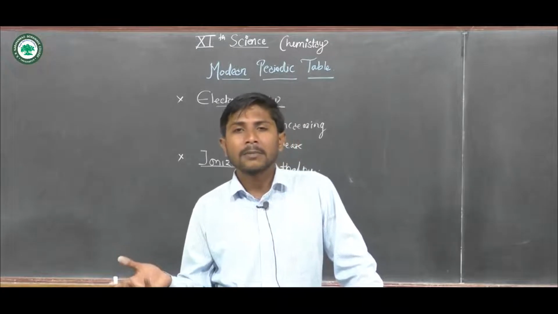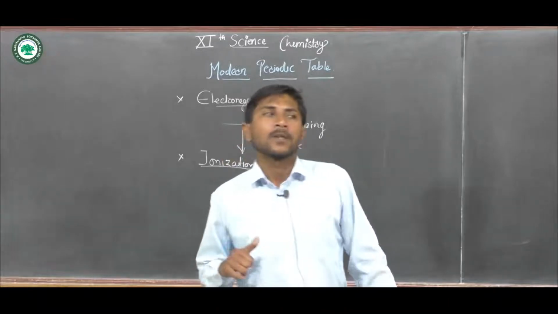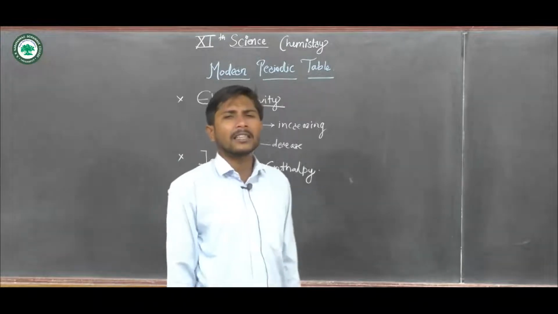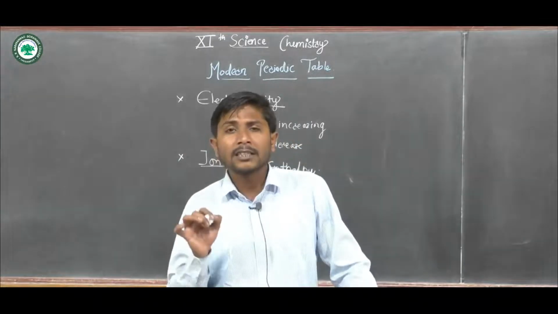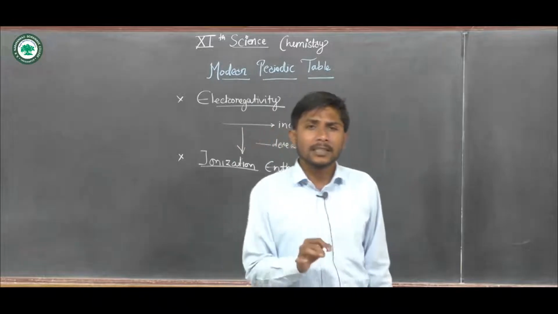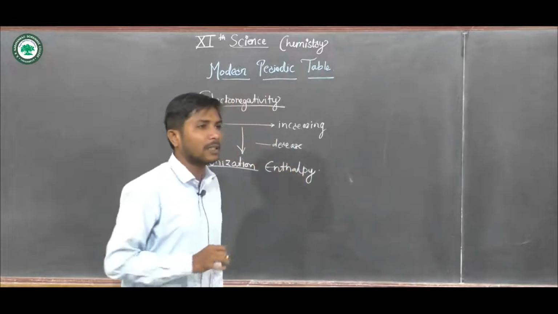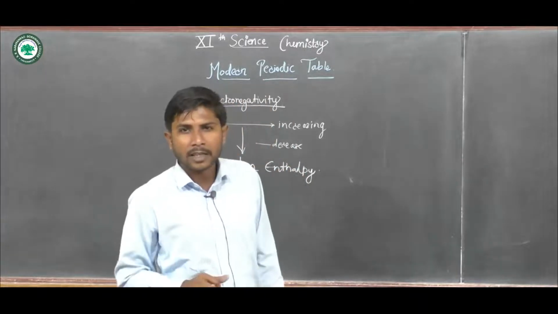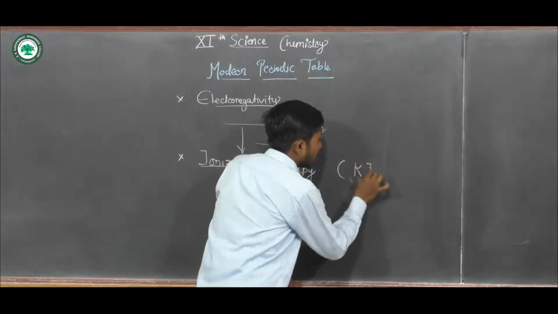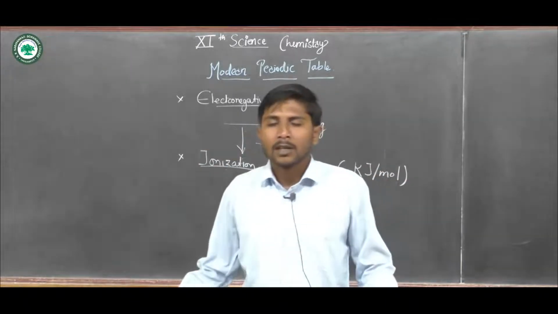When it loses an electron, it becomes a cation. If it accepts electrons, acquiring a negative charge, it becomes an anion. Now, before seeing the trend of ionization enthalpy, we should know that ionization enthalpy is nothing but the amount of energy required to ionize an element or atom, meaning how much energy is required to remove an electron from the valence orbit of an atom. It is called ionization enthalpy, and it can be calculated in kilojoule per mole.